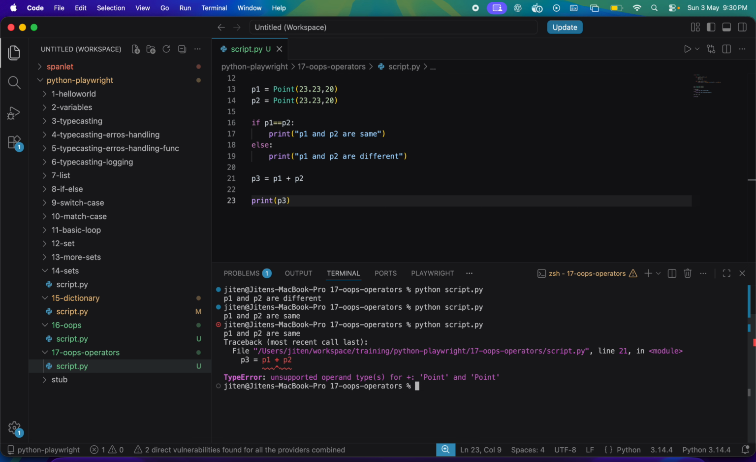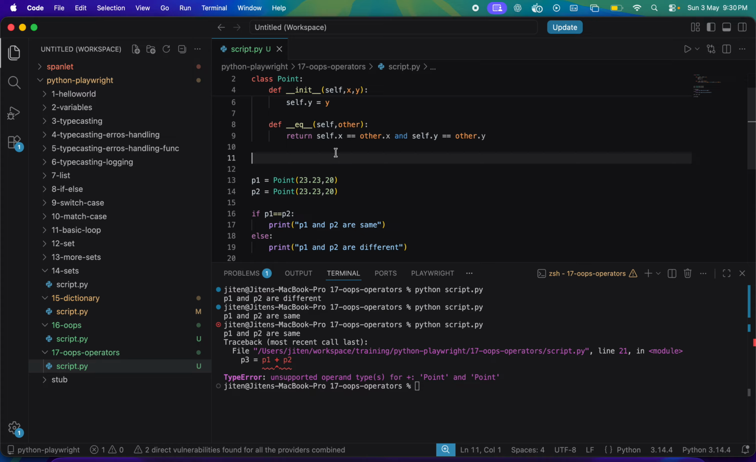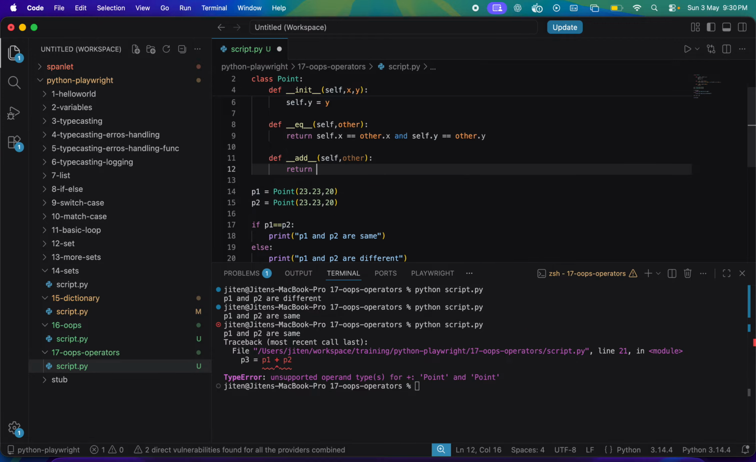Unsupported operand on the types point. So what you need to do is implement that. How do you implement it? Define __add__ with self, other, and return self.x. You need to put self.x plus